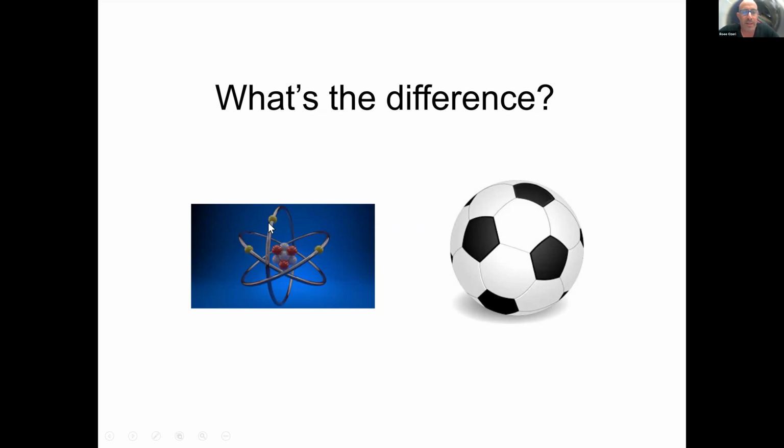Actually, we often represent atoms as little solar systems. In practice, most atoms look like perfect spheres, at least when they're not agitated, not excited. So what is the difference between this sphere and this sphere? The main difference is that this one is about 10 billion times smaller than this one. But what is the difference in terms of the physics? What is the difference in terms of the laws of the operating system which dictates the behavior of this small sphere as compared to this small sphere?